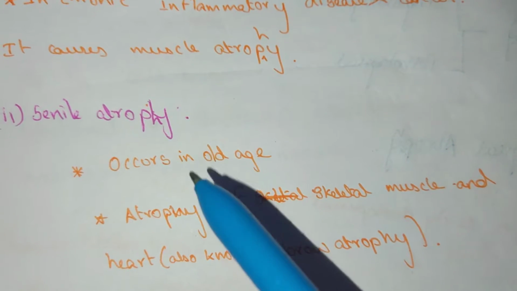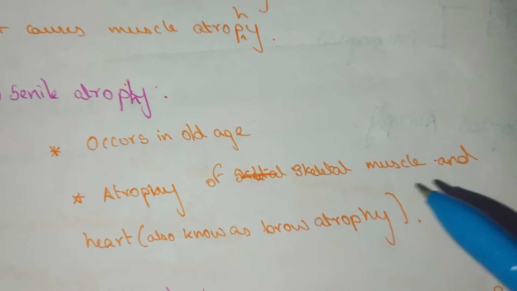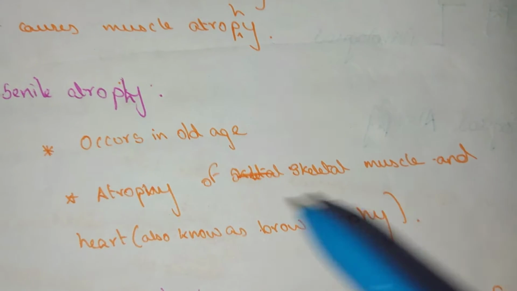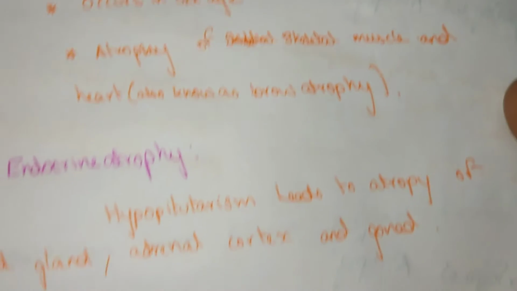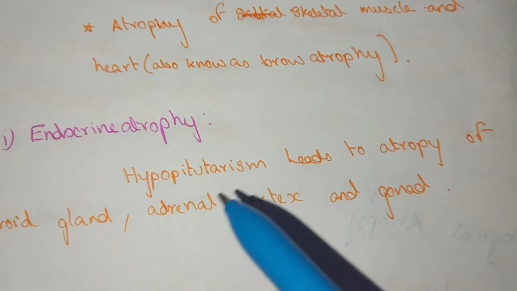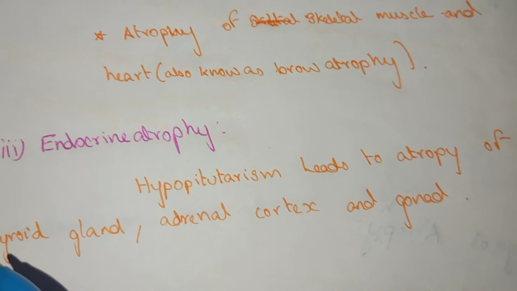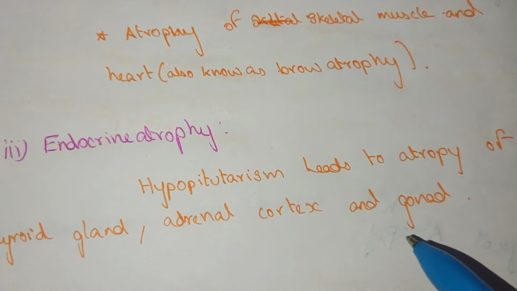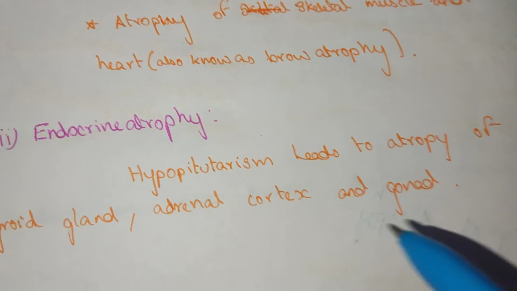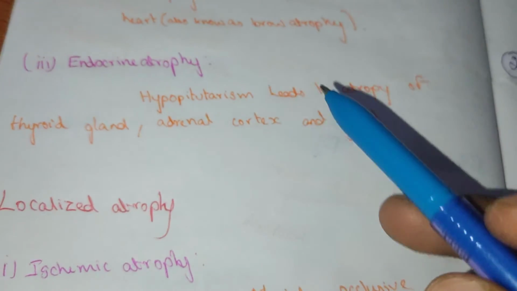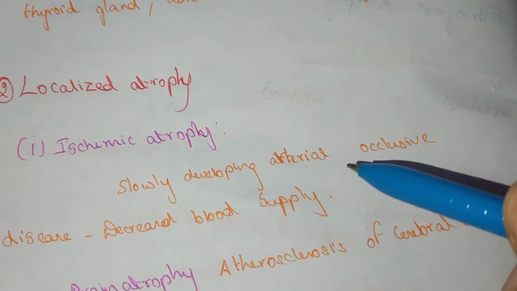Senile atrophy occurs in old age. Atrophy occurs in skeletal muscle and heart. This atrophy of the heart is known as brown atrophy. Endocrine atrophy leads to atrophy of the thyroid gland, adrenal cortex and gonads. These are the generalized ones, and the localized atrophies are ischemic atrophy,